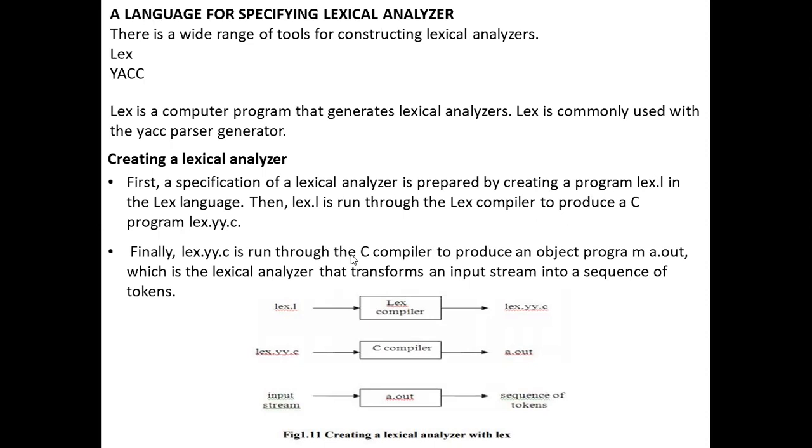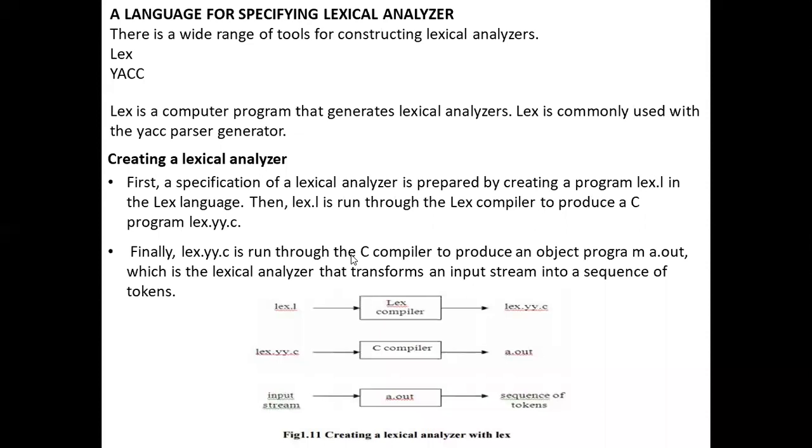The most common are Lex and YACC, which are directly supported for C programs. Lex is a computer program that generates lexical analyzers. Lex is commonly used with YACC parser generators.